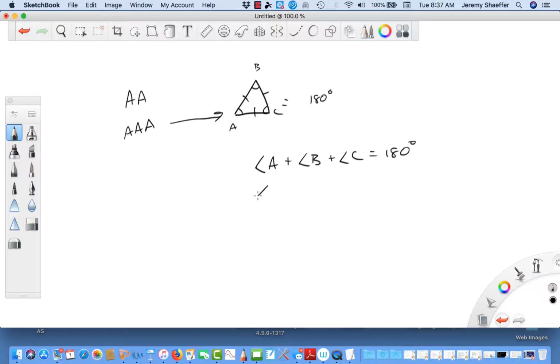Or we could say angle B plus angle A plus angle C equals 180. Or we could say angle C plus angle B plus angle A equals 180. In other words, it doesn't matter if we start with A or if we go to B or we start with C. It is all true. And we can prove it by starting with angle A or starting with B or starting with C. Okay, I know that's redundant, but that's what the theorem states. Okay, all right. Example